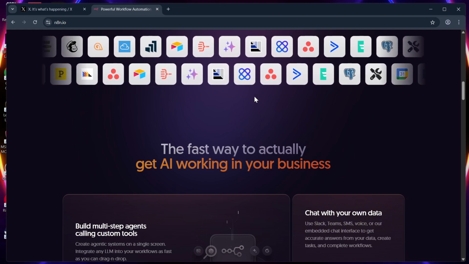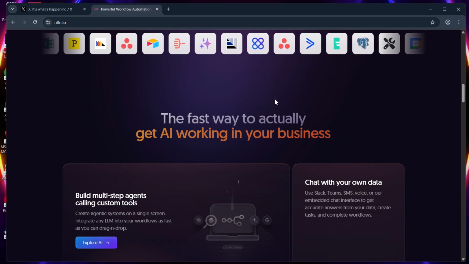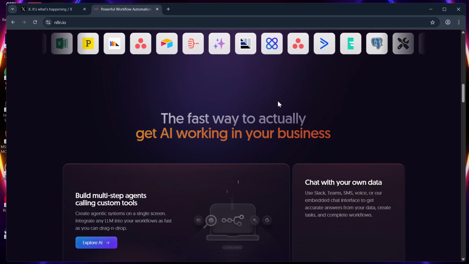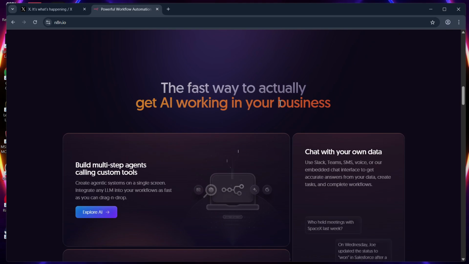Step 4. Add a Twitter node to your workflow and select the credentials you just created. Step 5. Configure the operation. Choose Post Tweet or Post Media, then enter the message, text, or media URL that you are about to post.